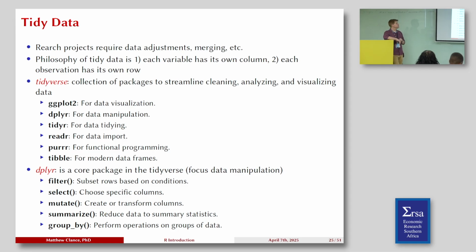Now, a lot of the things that we do for research, there's a few exceptions. There's always exceptions to anything. But a lot of this, what we need is what we refer to as long format. Basically, for tidyverse, when we're thinking about how we make adjustments, how we get things in a format that can be useful for putting up visualizations, tables, or even programs, each variable has its own column, and each observation has its own row. Okay? This is what we mean by long format.